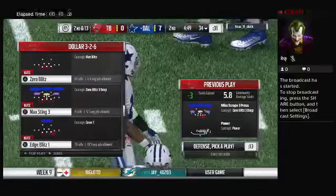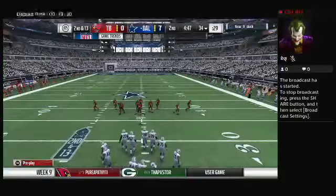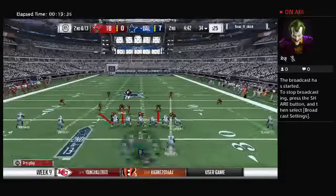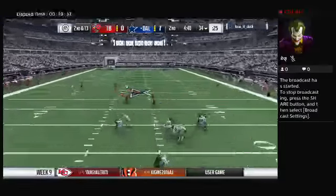I think it does, depending on why the interception was thrown. Sometimes it's just a matter of the defense made a great play, so you continue to come back. But if it's on you, if the offense just doesn't have the confidence, if they're a little...